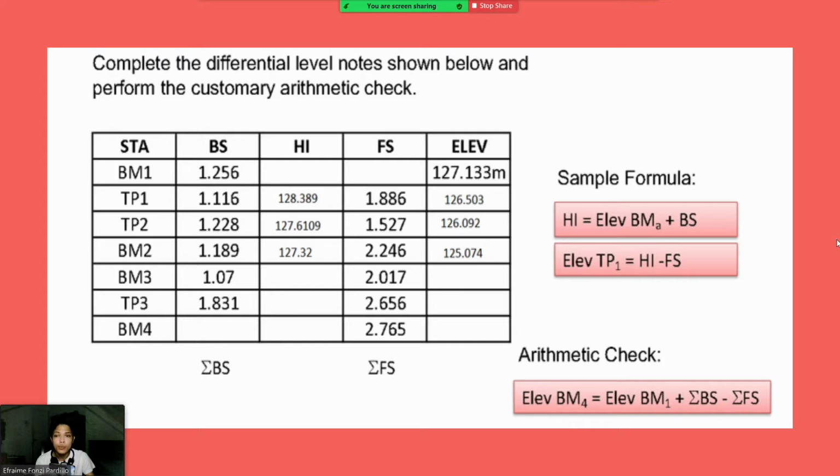plus 1.189 equals 126.263 minus again 2.017 equals 124.246 plus 1.07 equals 125.316 minus 2.656 equals 122.66 plus 1.831 equals 124.491. Finally, for the final elevation, 124.491 minus FS, which is 2.765, equals